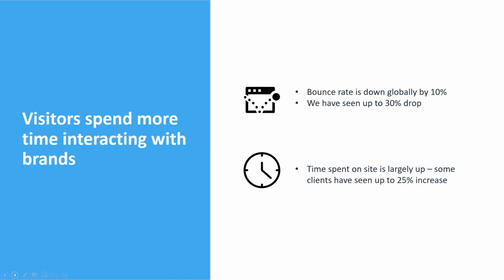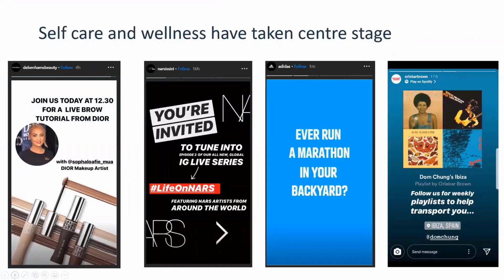So bounce rates being down up to 30%, time on site increasing by 25%, traffic increasing by 30%. These numbers, when you put them together, provide a rich opportunity for clients that have got a strong digital commerce presence. The other core theme, unsurprisingly, that we've seen is an awful amount of attention and time given to kind